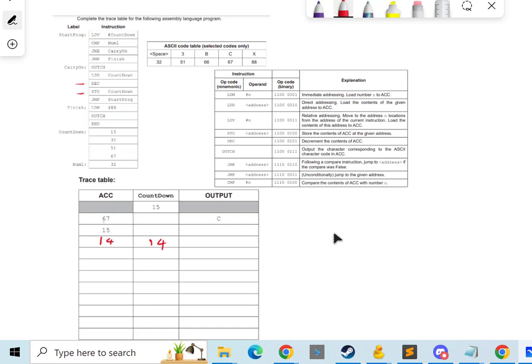So this is slightly different to the last one because we're going backwards. So this time it's 14. So we had 67 before, it'll be 51. 51 goes into the accumulator. We then compare 51 with num1, it doesn't match. We then jump to carry on. So we're here now. LDD countdown. So what we're going to do,